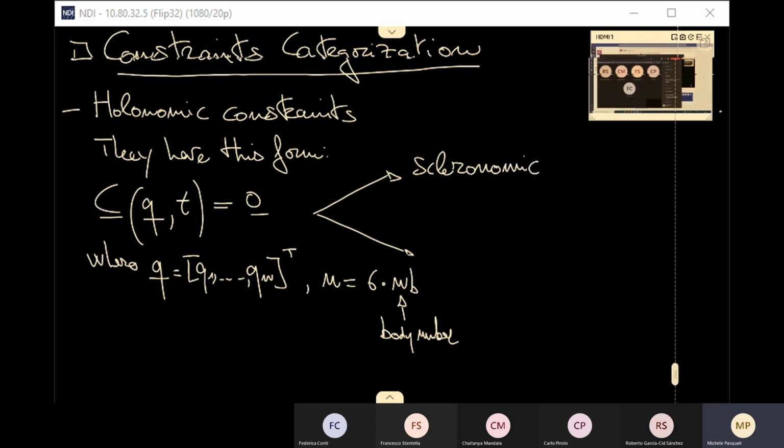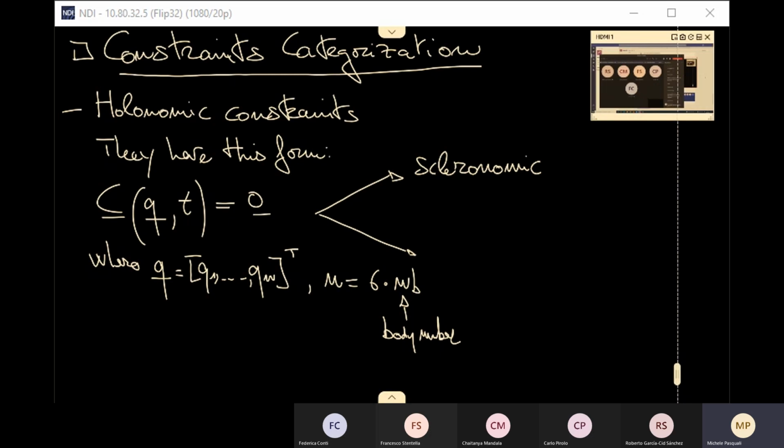Scleronomic is when basically there is no direct explicit dependence on time, okay, in the constraint equation. So time t does not appear explicitly